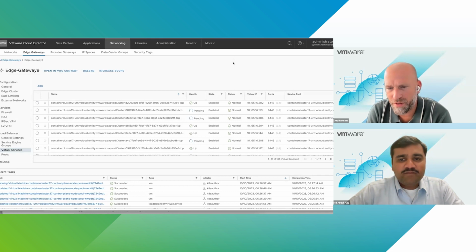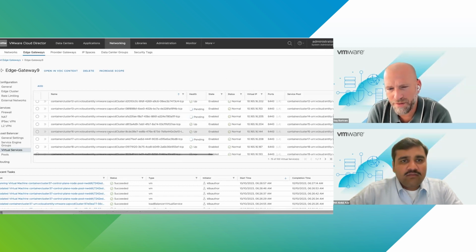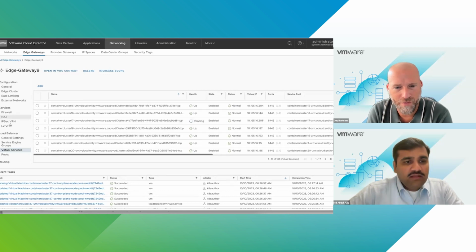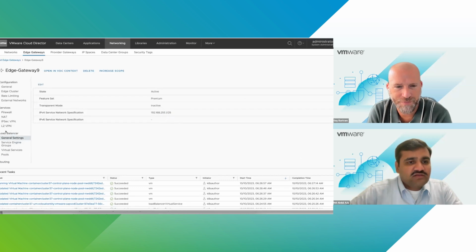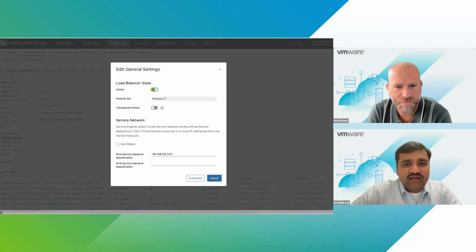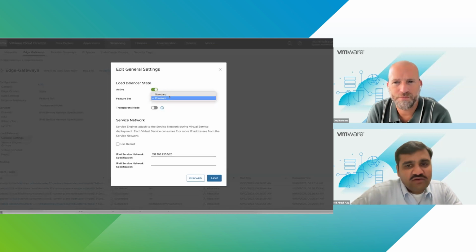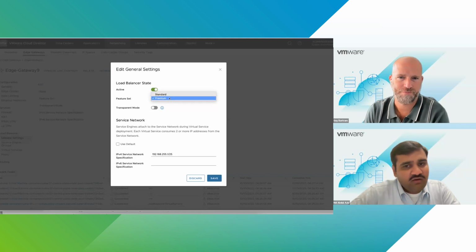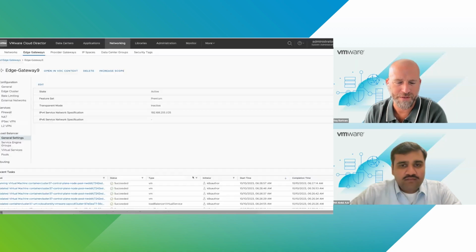So as and when a tenant is configuring this, how do they know what is standard and what is premium from the actual configuration? Correct. So when they are importing or enabling the load balancer service on their edge, this is where they get the option to select either standard or premium. So they can consume the whole service engine group or the load balancer when they enable it in either standard or premium. They need to decide here if they want to consume standard or premium, and the billing will be done accordingly. Okay. Yeah, that makes sense.